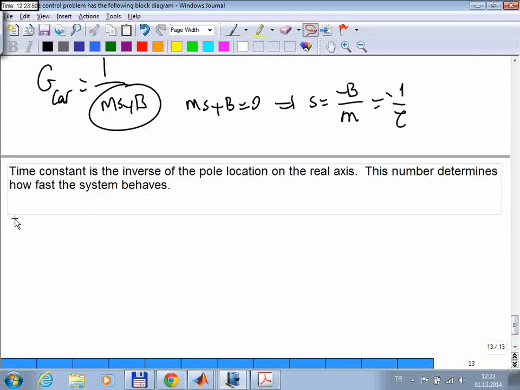So in the open loop case, the time constant doesn't change. The time constant is m over b, but in the closed loop system,